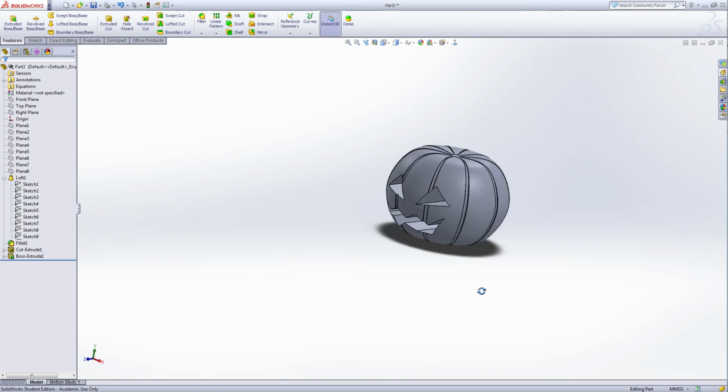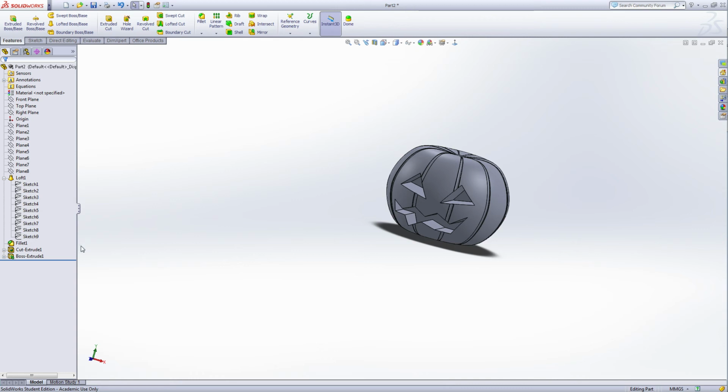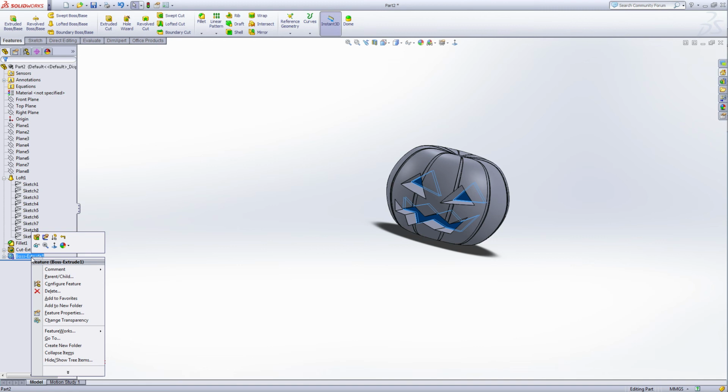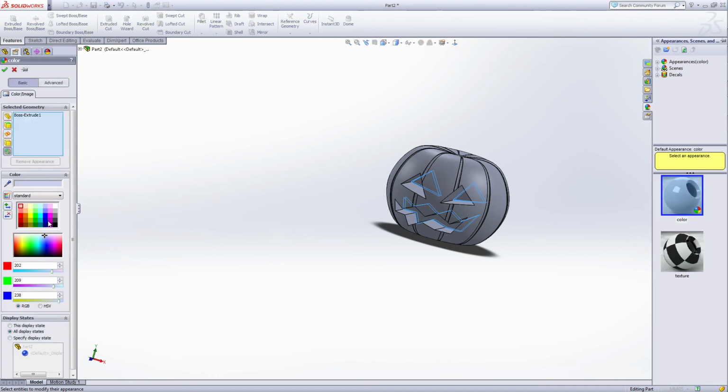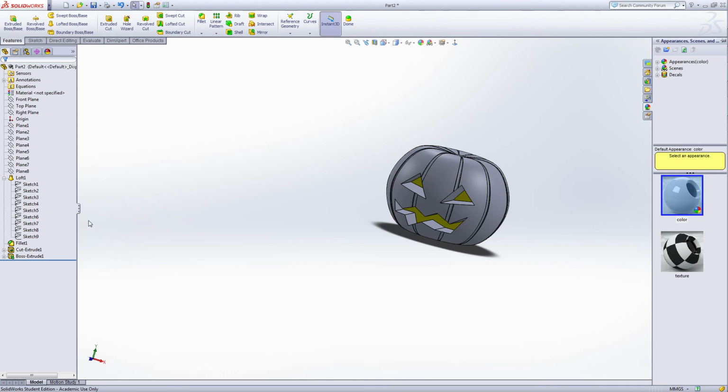Okay, now let me change the color. So for the pumpkin head, for this one, inside the last extrude base we made, right click and appearance, post extrude one. Okay, I want to make this color. Okay, green check, and the pumpkin head,